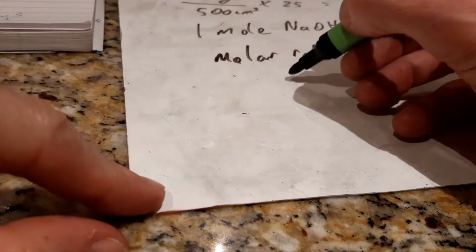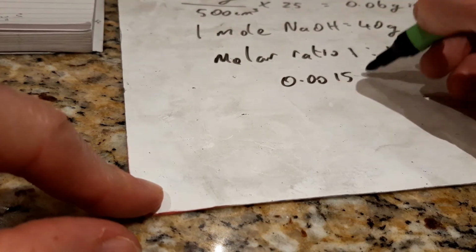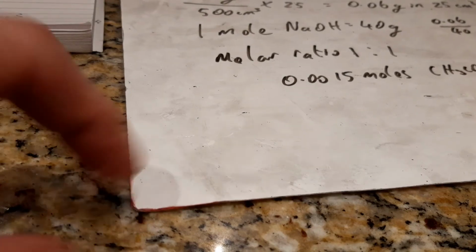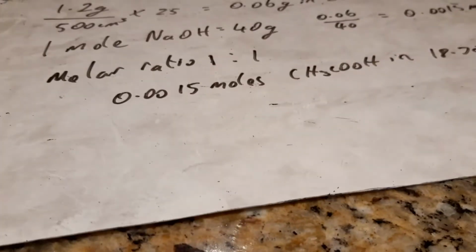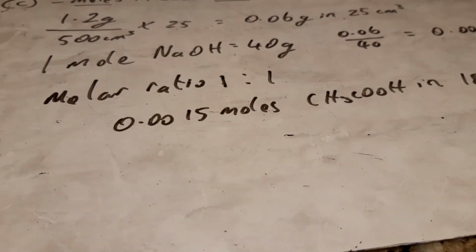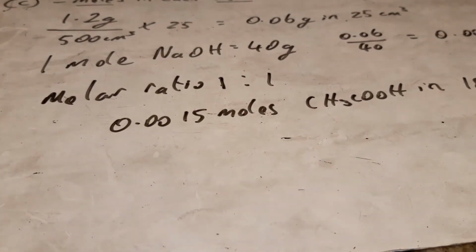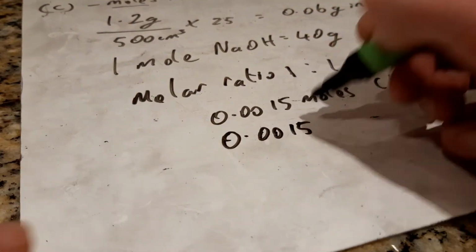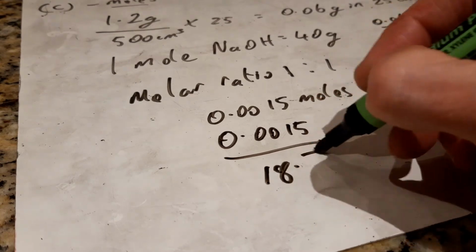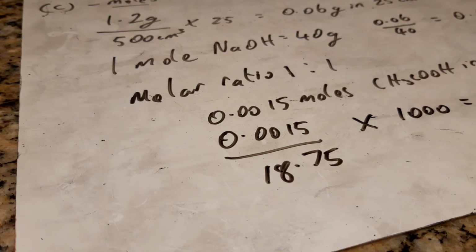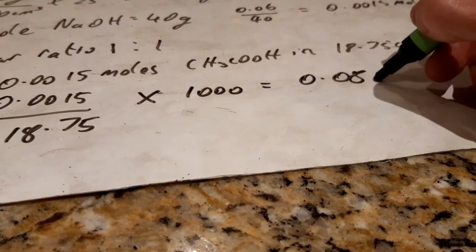That's 0.0015 moles of ethanoic acid, and that was in 18.75 centimeters cubed. So now we're looking for how much is in 1,000 centimeters cubed. So how do we do that? Easy peasy. So it's just 0.0015 divided by 18.75 multiplied by 1,000, and that gives me 0.08 moles per litre,